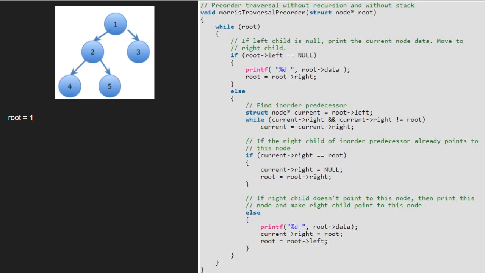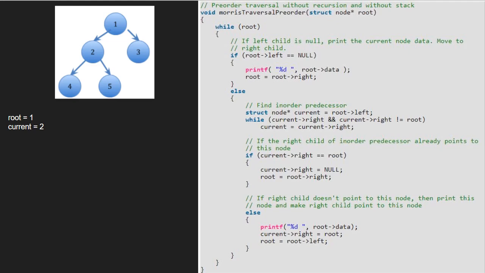We have another node current which will point to the left child of root. Hence, current will point to 2. Now, we check if current's right is not null and if current's right is not equal to root. As it is true, we update current to current's right.